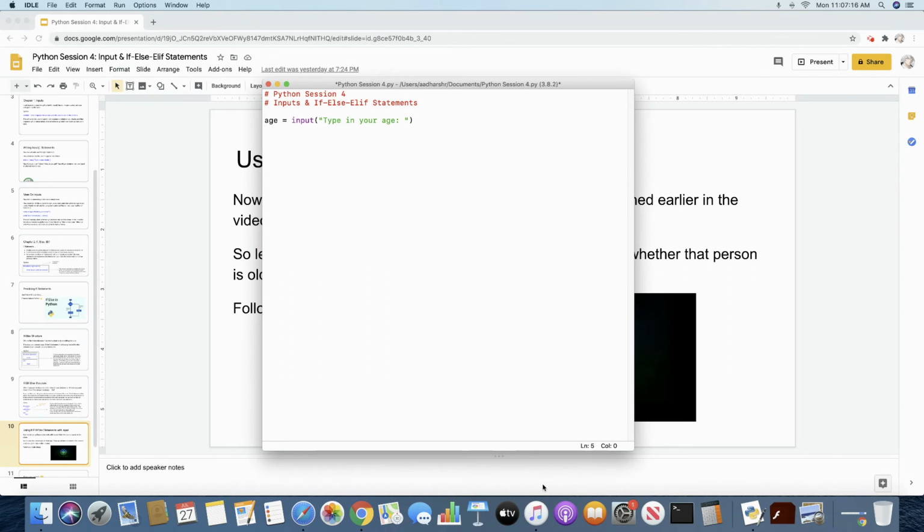Now if we create an if statement saying if age is greater than 8, print you can ride the roller coaster. And then we can say else print sorry, you cannot ride the roller coaster yet. Now if we run our code,